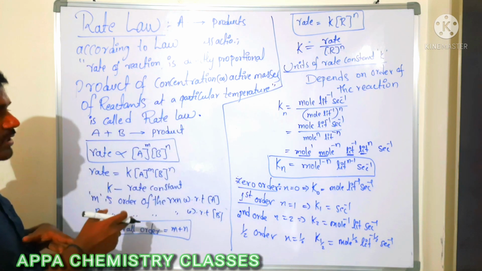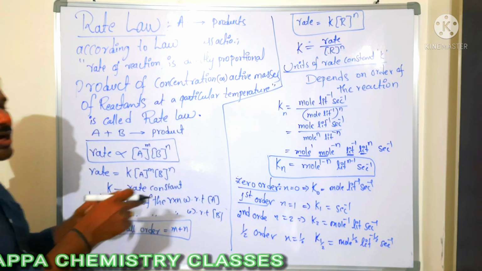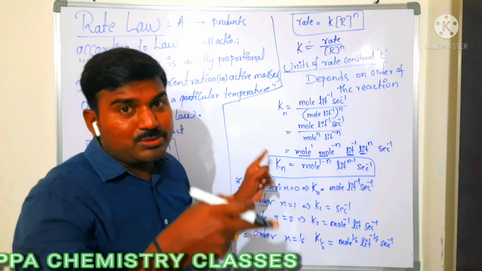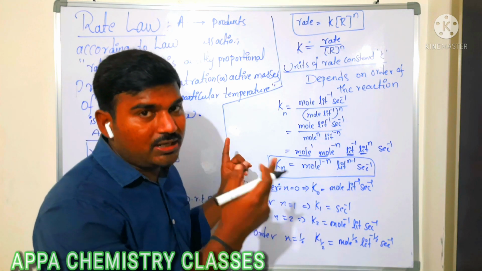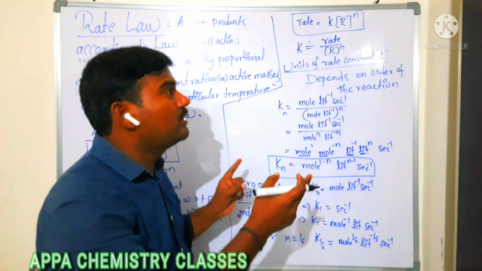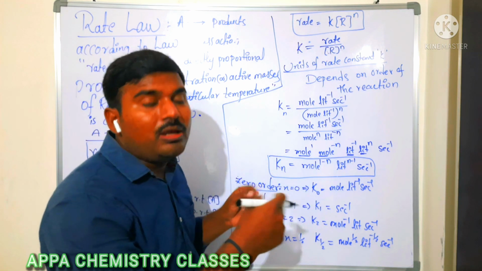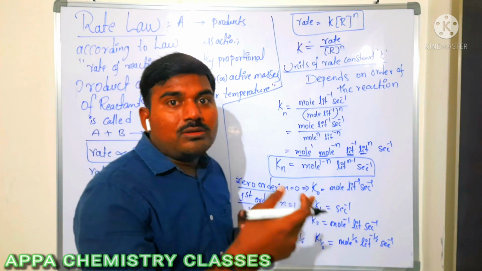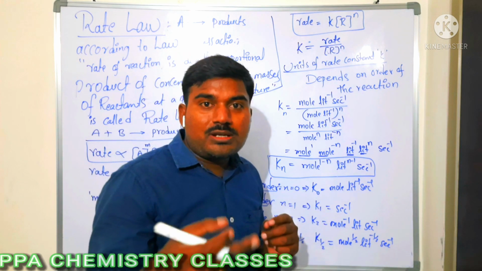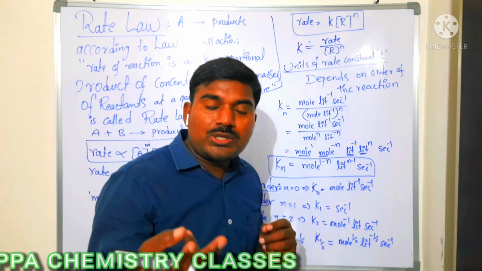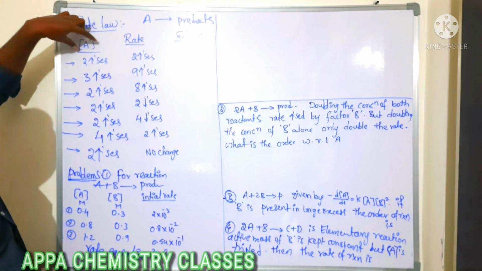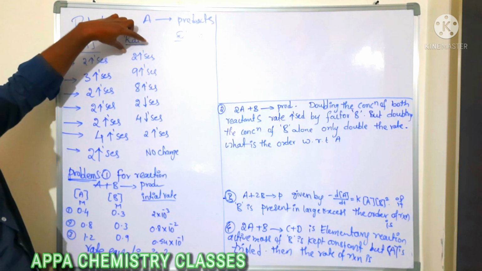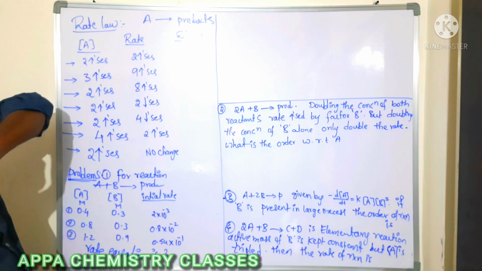and units of rate constant, how to identify the order of reaction, and types of reaction, elementary reaction, complex reaction. With the example also we had seen. In case of elementary reaction, what happens? In case of elementary reaction, rate is directly proportional to molar concentration of reactant and power is raised to their coefficient. Now we will see the relation between concentration of reactant and rate when they are given the experimental values.